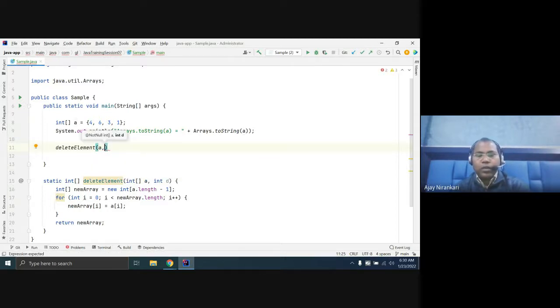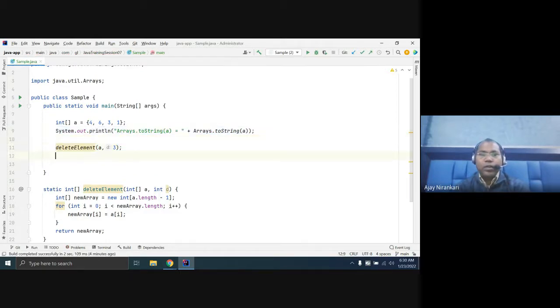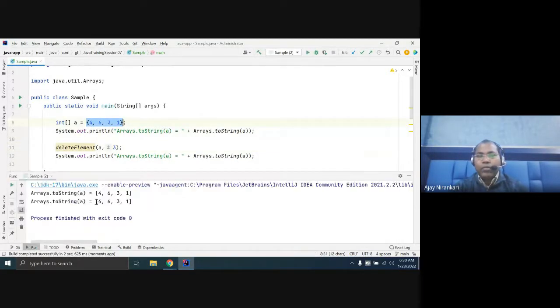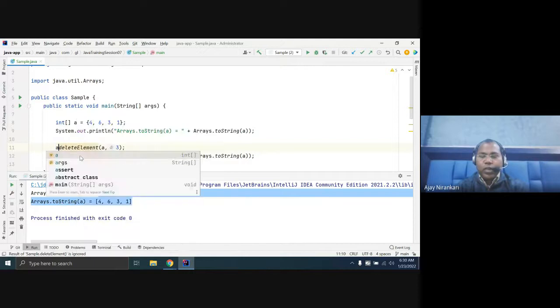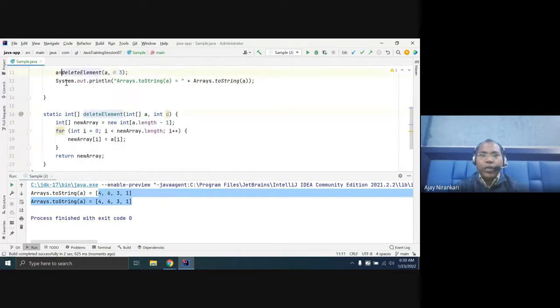But if you run it, you notice there is no impact on a. A prints the same because we are not changing a. So we have to change a with the new value, whatever the delete method returns, right?